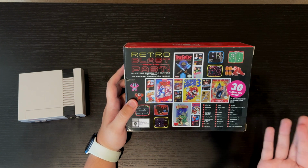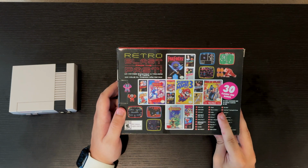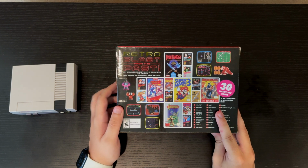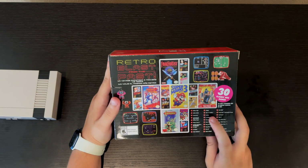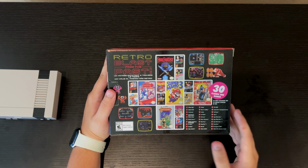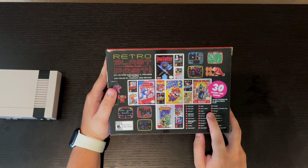Excitebike, again, another classic black box NES game. Final Fantasy, yeah, I definitely say this is a good pick there. This helps it appeal much more to the hardcore crowd, which is always a good thing. Galaga, again, another classic arcade game. Ghosts and Goblins,